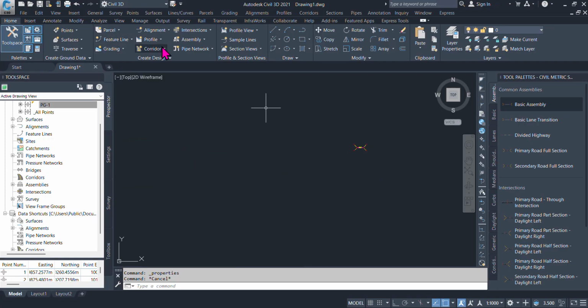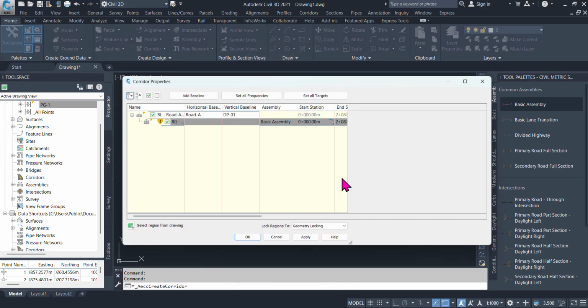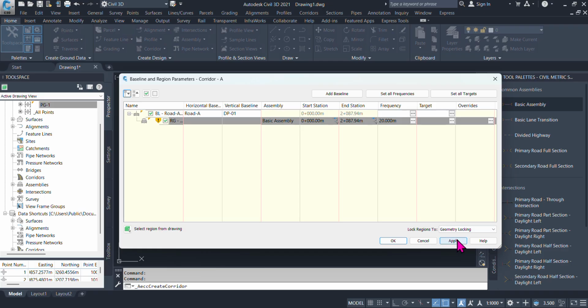Right. Now I can go to choose my corridor. I can put in the corridor name, corridor A, and road A, my alignment and profile also I created. Here I can find the basic assembly and surface A. I just press OK, rebuild corridor,